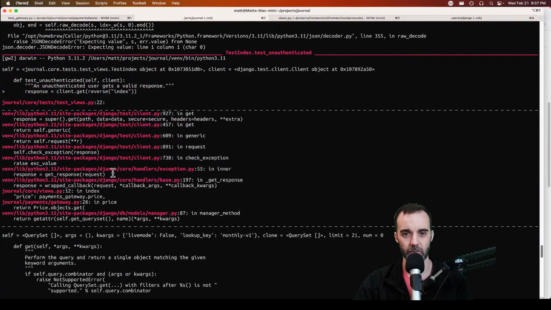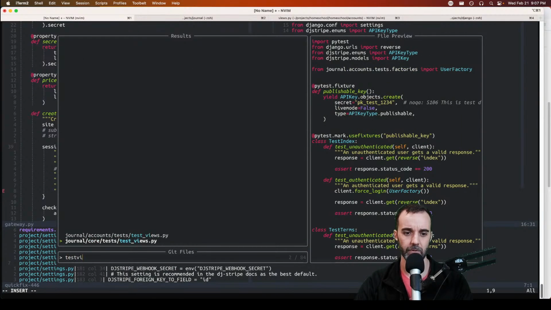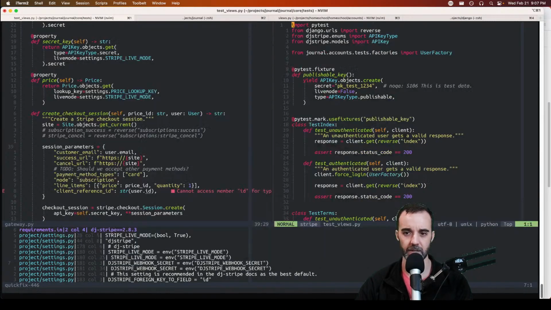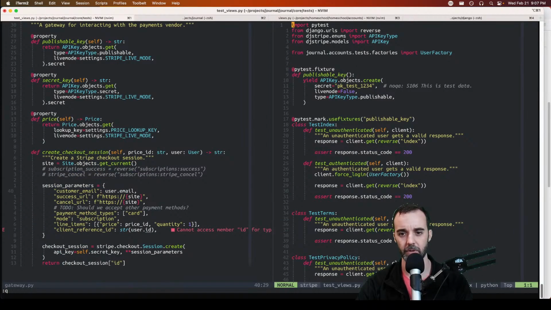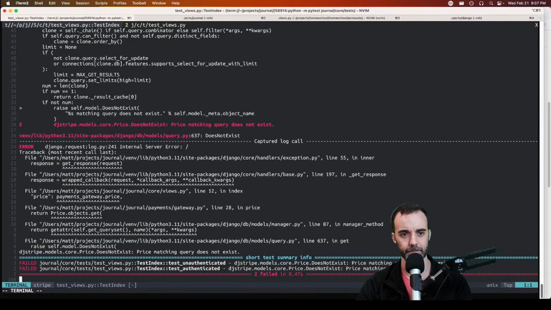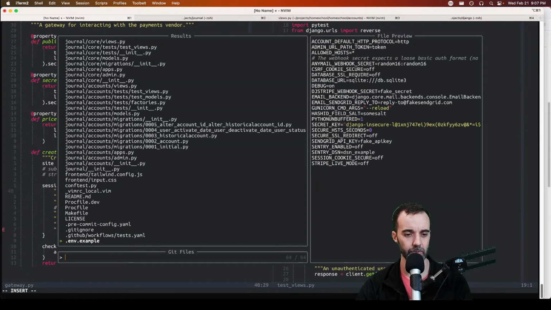So test number one that's broken, I guess, if we come up to this list, well, it doesn't really matter which one. This is a test of the index page. All right, so let's go to our code and get out of here, tooltip, you're in the way. We want to go to the test views of the core, which is where this index view is. And we've got a gateway here. I'm trying to reorient myself. It's been a couple weeks since I did this, but I think it's this thing right here that's failing. Yeah. So one of the things we added, if we go to the actual index views,